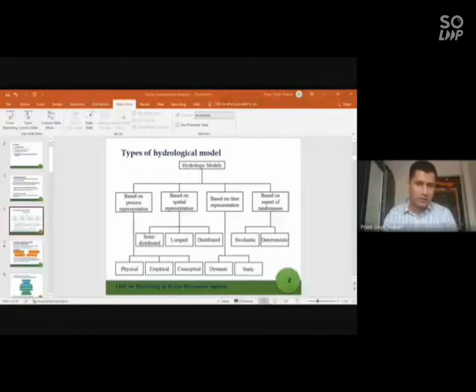Criterion number 1 is temporal scale. Criterion number 2, spatial scale. 3, hydrological processes. 4, documentation support, resource requirement, user interface, and model acquisition cost. There could be other criteria as well, but for my study, I have considered these 7